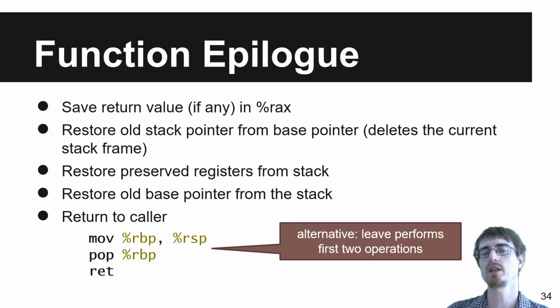So there is an alternative. There is a leave opcode, which performs these first two operations: mov RBP, RSP, and pop RBP. So there's actually no point in having the leave opcode, in the sense that it does functionality that's already there